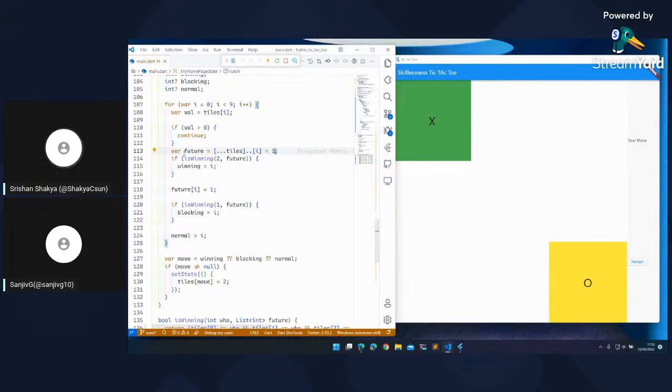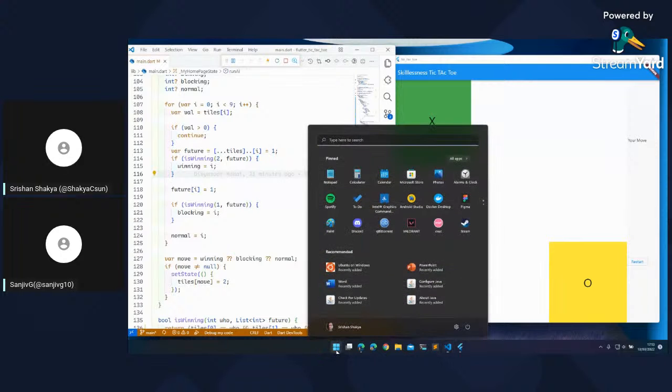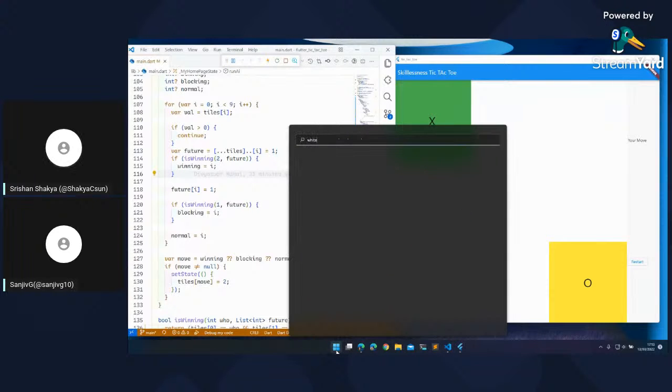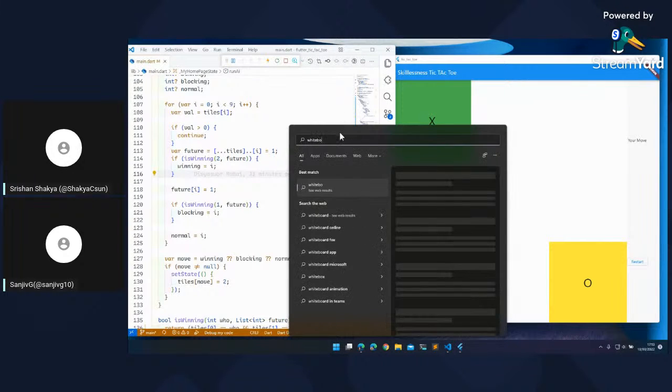So it's just, if in the future that box is occupied by the player, let's say, is that future winning or not? It just checks if that future is winning. How to explain this better? Let me get a whiteboard, maybe.